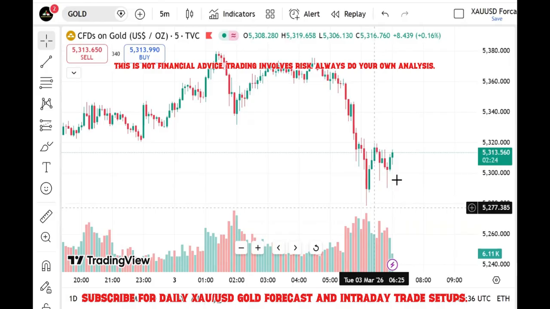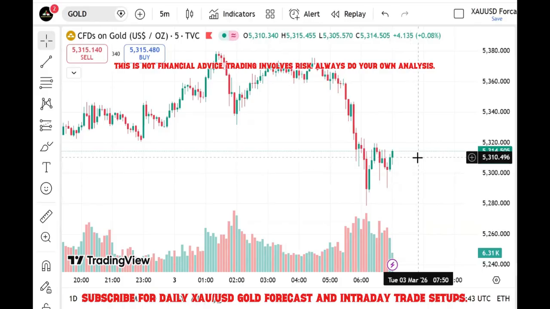That is today's low, and it is sitting right on the key demand zone. As of right now, price is hovering around 5,314, essentially caught in the middle between support and resistance, and that is exactly the kind of scenario where clean